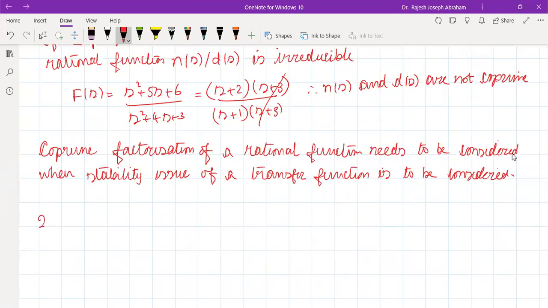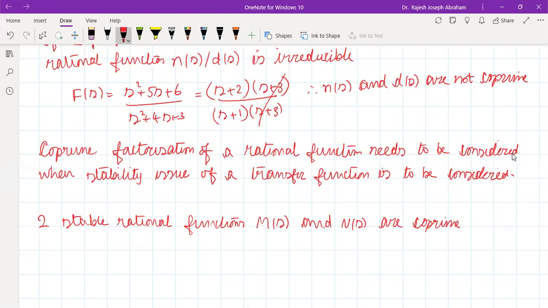Okay, two stable rational functions M of S and N of S are co-prime